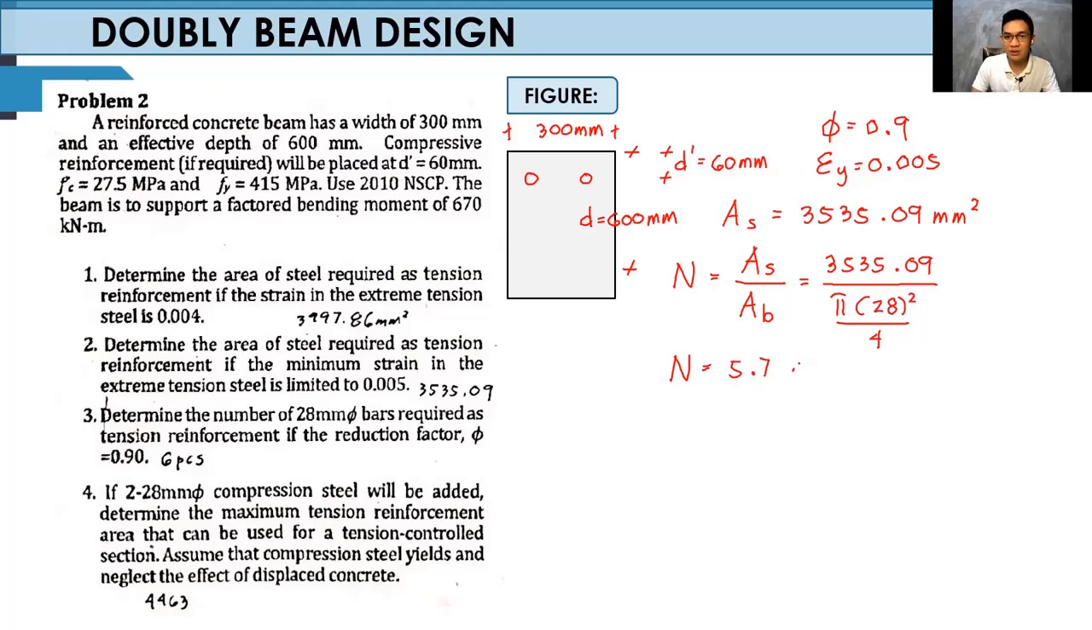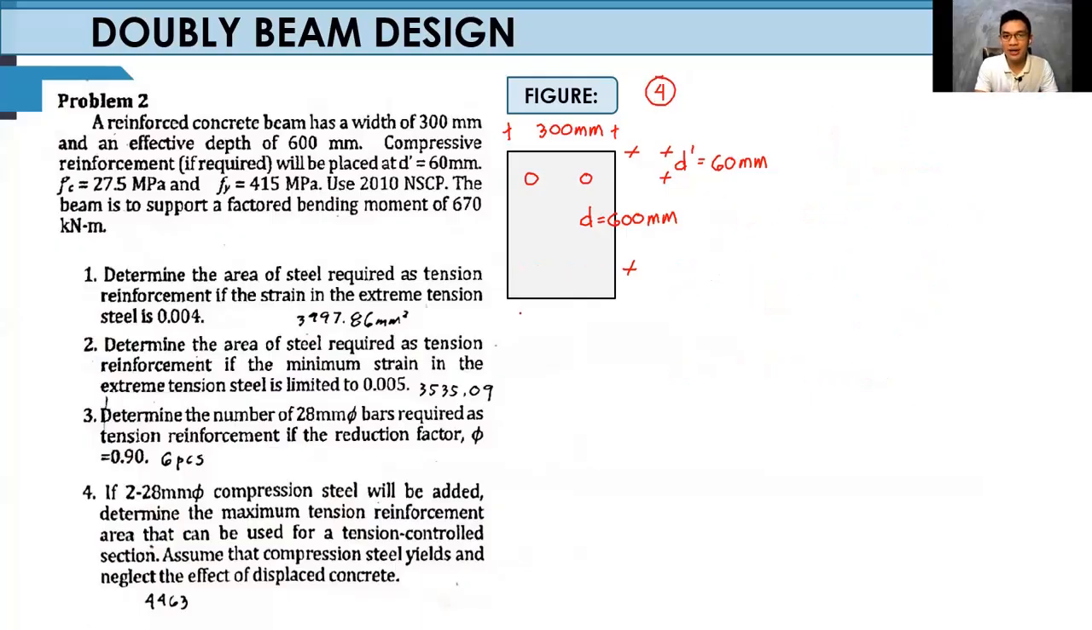And then, take note, no? Round up natin into 6 pieces. Okay. Diba? Round up tayo. So, that is our final answer for situation number 3. So, para mas maganda, ilagay natin yung 6 bars. Kasi sabi niya 6 bars. Ayan. So, therefore, we need 6 bars ng 28 millimeter na diameter sa tension natin na side, which is sa baba. So, for our situation number 4, sabi dito, if dalawang 28 millimeter diameter na compression steel will be added,